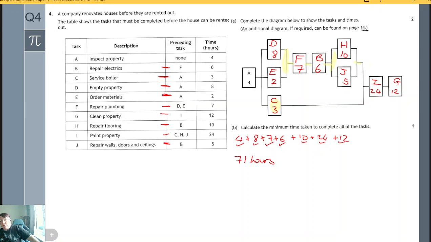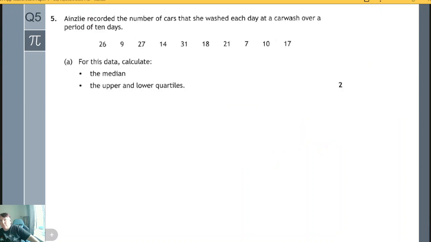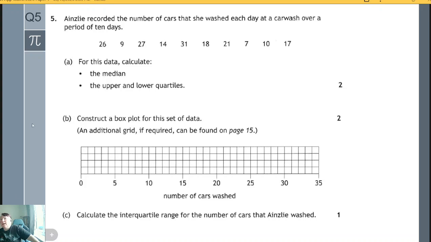Okay, let's have a look at question 5. Ainsley recorded the number of cars that she washed each day at a car wash over a period of 10 days. We're to calculate the median and the upper and lower quartiles. Now, for median, you always put the numbers in numerical order. We've got 7, 9, 10, 14,